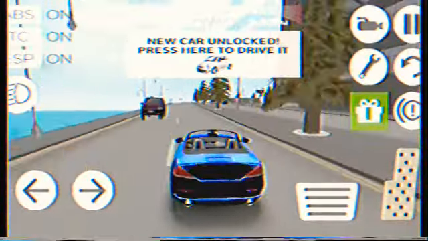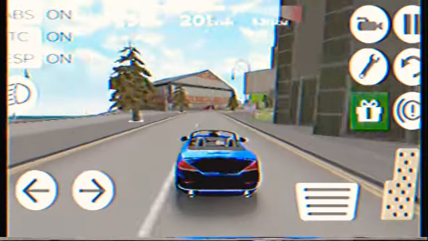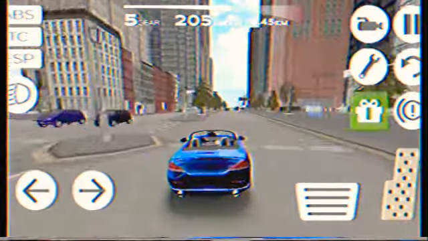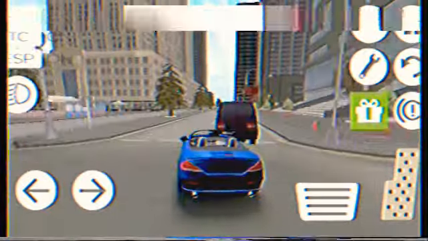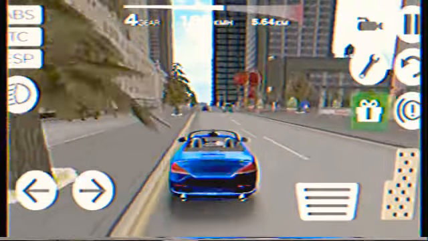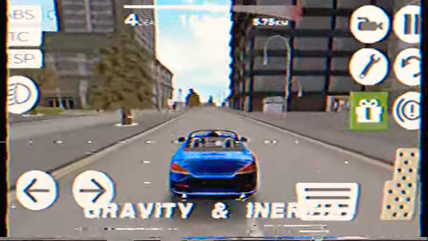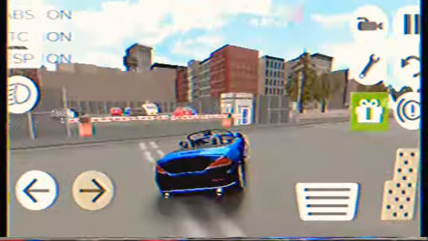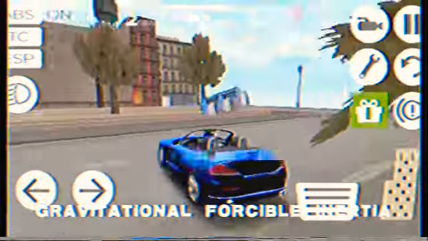But how can we determine this car's speed? Simply by its speedometer. Right now, this car is traveling approximately about 200 kilometers per hour. Typically, it might bump into other cars, and trees, and other objects that it might see, according to gravity and inertia. But why do cars crash suddenly? This could be considered as gravitational forcible inertia. Let's try some objects that go with this term.